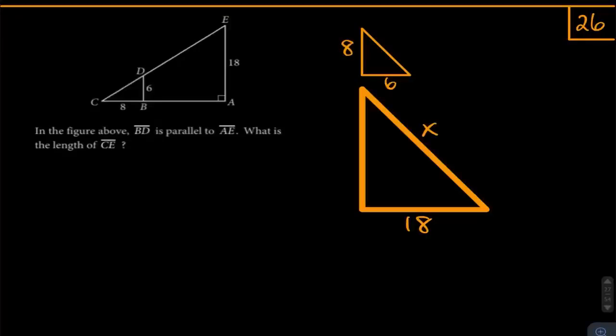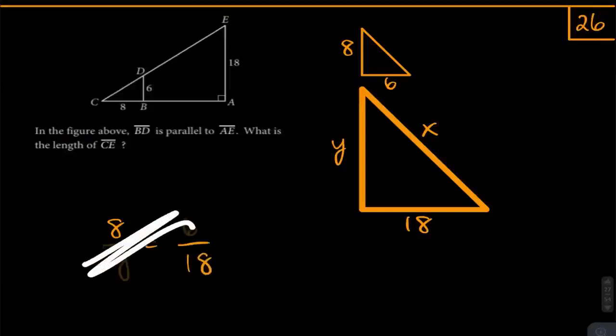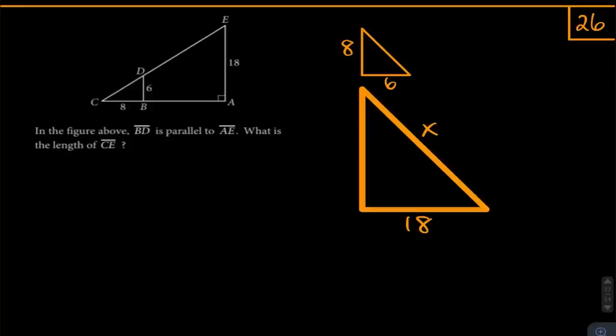So with similar triangles, we'd be able to find this side no problem. We just set up a ratio. Let's call this side y: 8 over y equals 6 over 18, and we could just solve like that. We could do that to get to x and then use the Pythagorean theorem once we have this, or